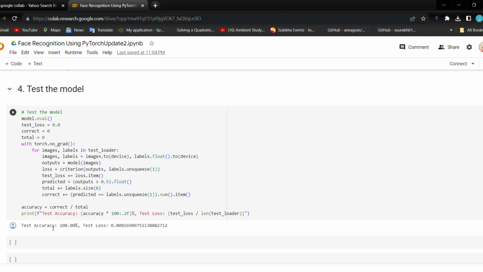And when it comes to the conclusion, the implementation of face recognition using PyTorch and fine-tuning the model has yielded remarkable results. The progressive decrease in the training loss over 10 epochs attests to the model's effective learning and parameter adjustment, indicating its aptitude for discerning facial features.